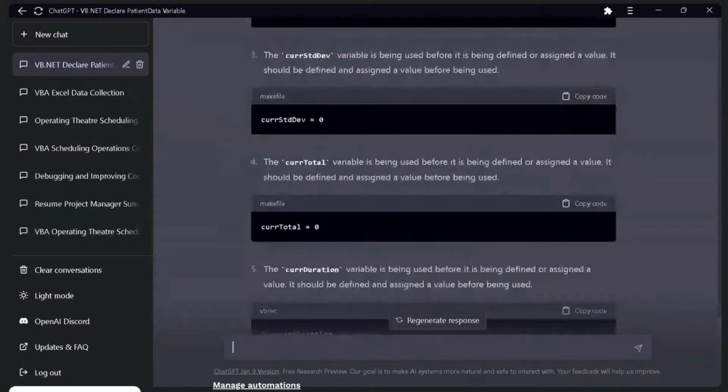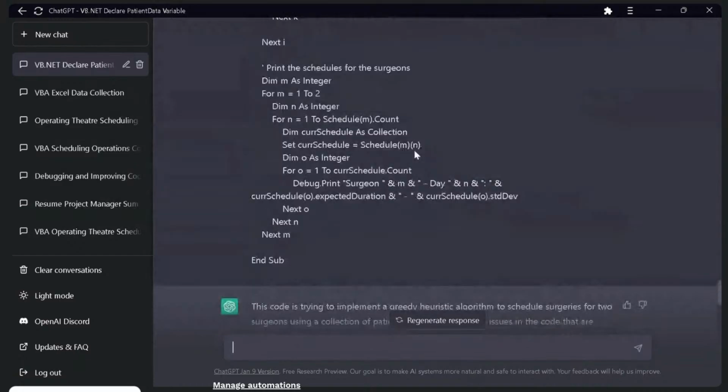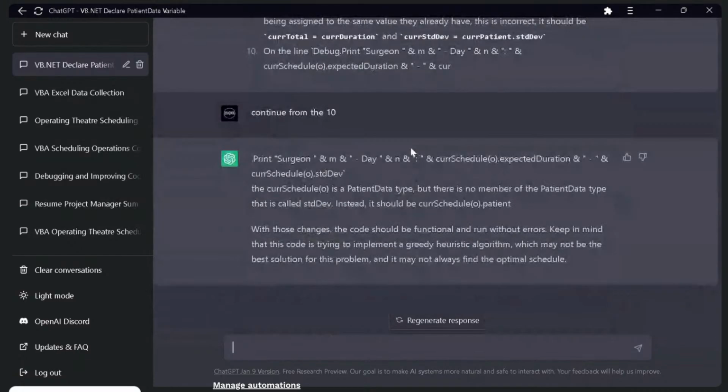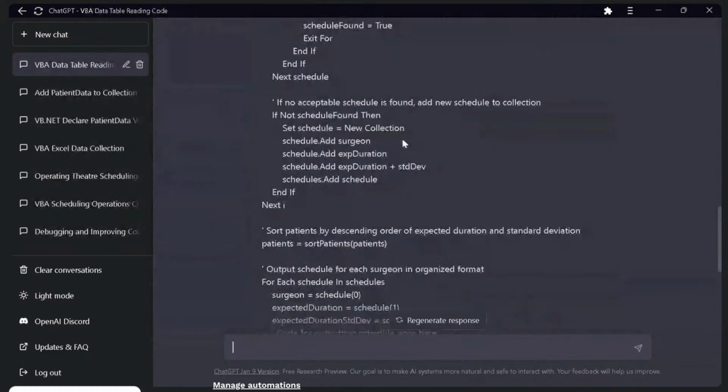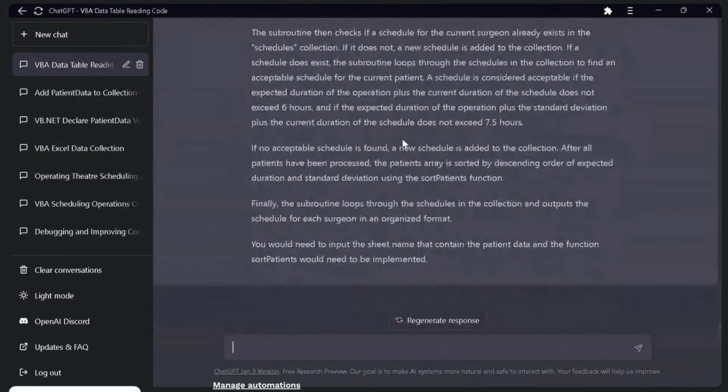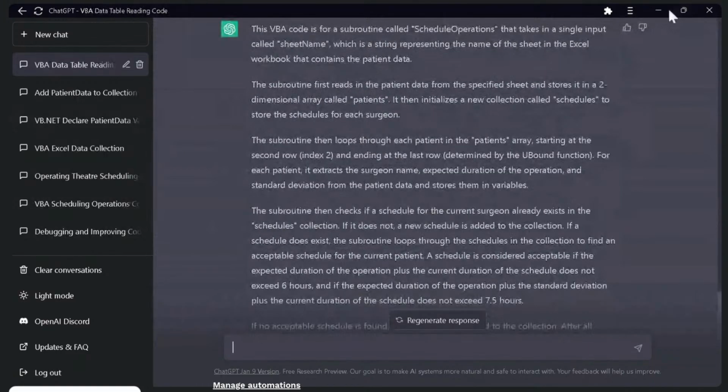Now, another thing you can also notice is when it breaks, you could easily tell it to continue and it will do that without flaw. But basically, you could tell ChatGPT to give you specific